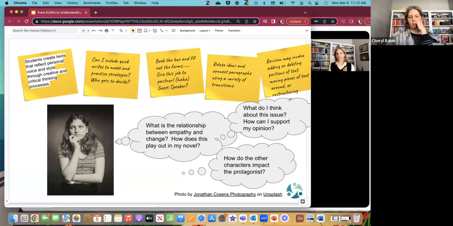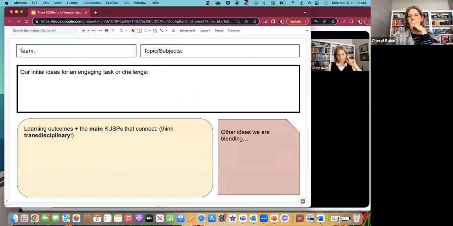You want to be able to relate ideas and connect paragraphs. Or you notice that some of them need help with transitions, and you've got all these questions. So how do we sort all of this out? How do we make sense of it? And that's probably why you came today. So here's one idea, and I hope it will work for you. At the beginning of this design, and it can look in many different forms, we've created what could look like a little bit of a map.